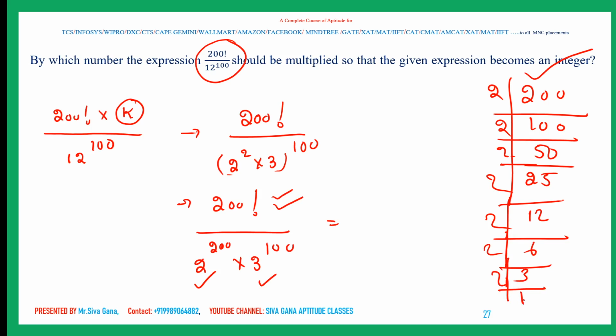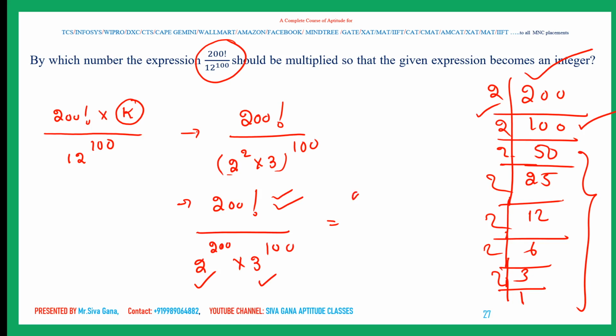But what I am going to suggest is, for 100 we already did. For 100 we know the maximum power of 2 in 100 factorial is how much? 97. And plus here this 100, which is nothing but 197. I can directly write 197 straight away, but I am doing this for viewers' understanding purpose. You should remember a few things. Maximum power of 2 in 100 factorial is 97. Maximum power of 3 in 100 factorial is 48. Maximum power of 5 in 100 factorial is 24. These numbers you should remember.